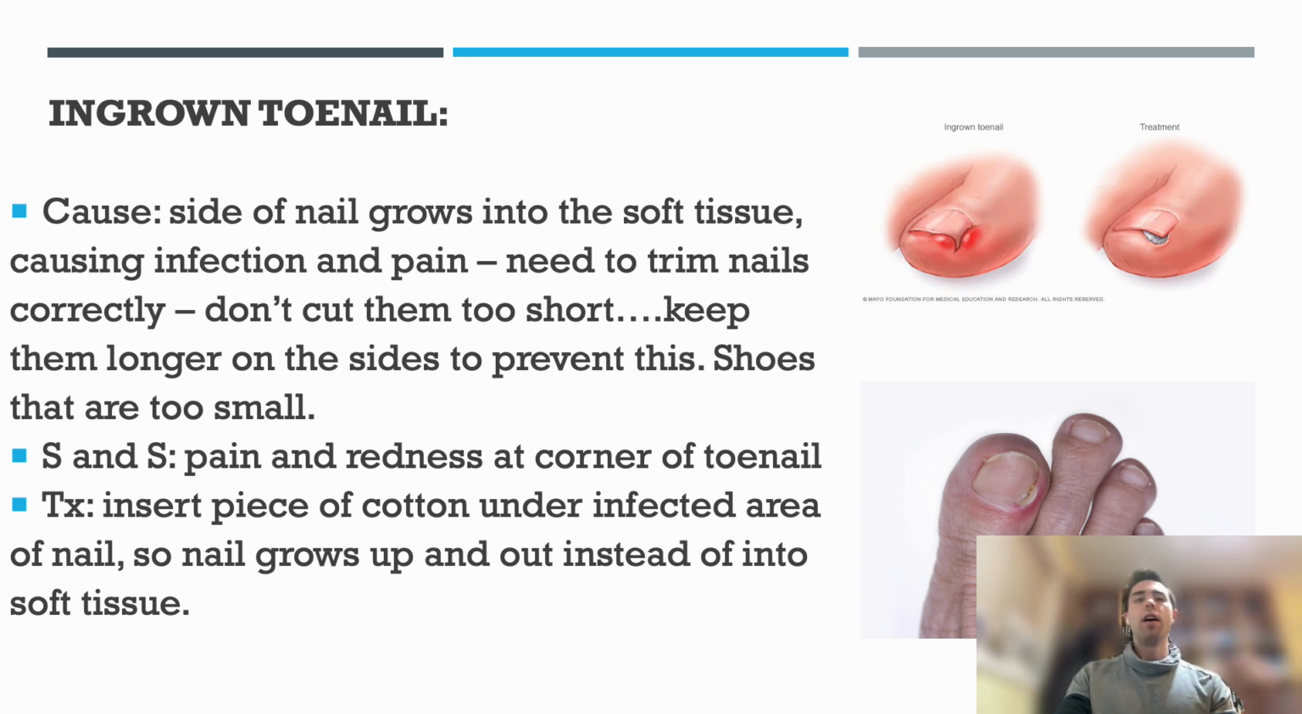Ingrown toenail. This is when the side of your nail pretty much grows into the tissue or curves down and grows incorrectly. This is usually a process that happens because you cut your toenails or fingernails too short. Pretty much the shorter you have them, the more room the bed of the nail has to try and grow